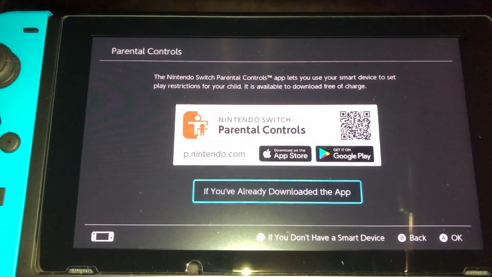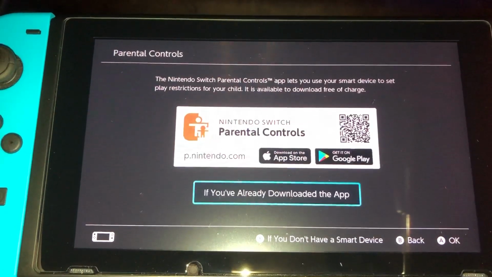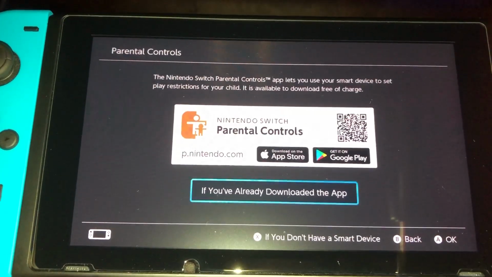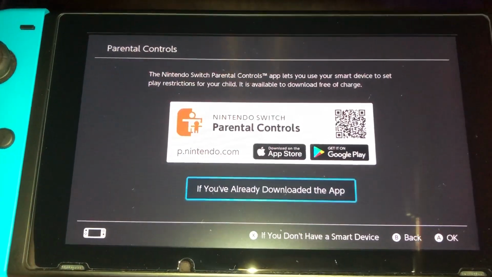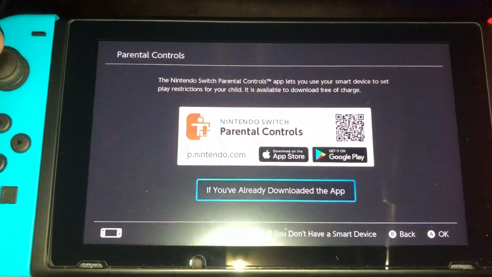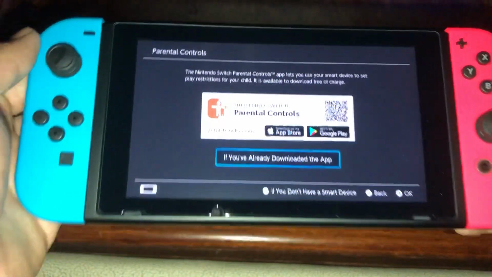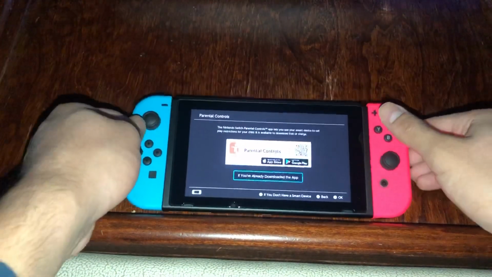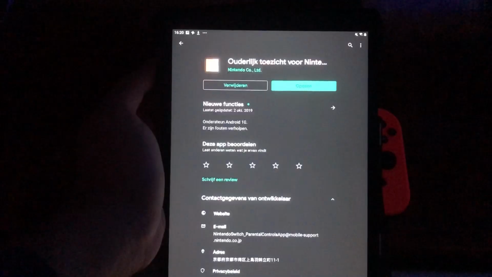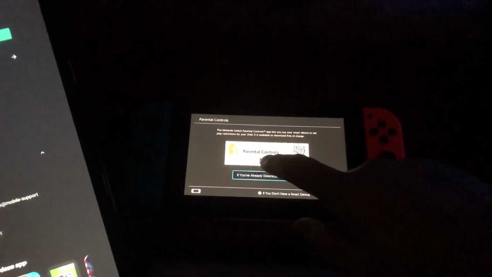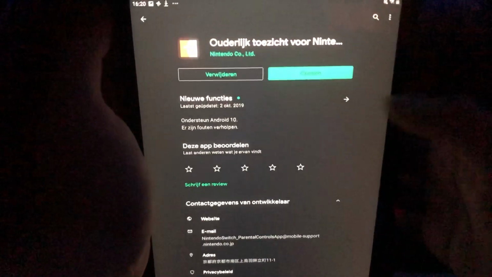And now guys, you want to go and get your phone, iPad, or maybe your Android tablet or Android phone, and download the Parental Controls app for the Nintendo Switch that I'm gonna show you right now. Like you see, you just have to enter the name of this Nintendo Switch Parental Controls and you will get this.